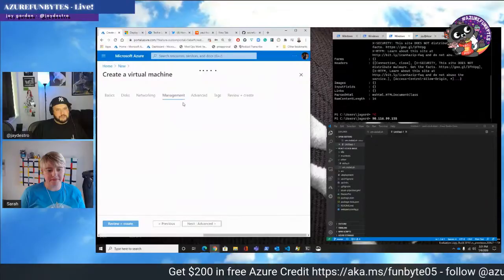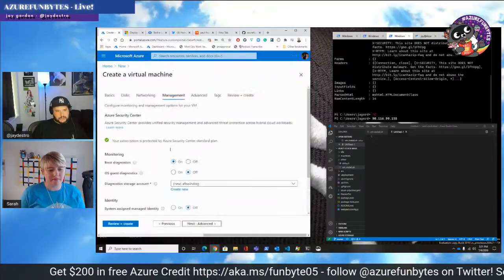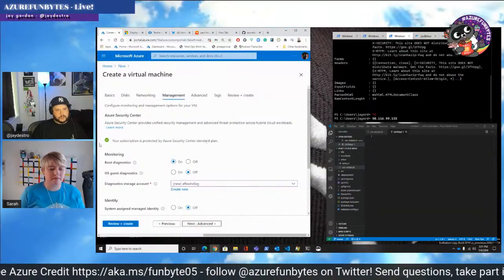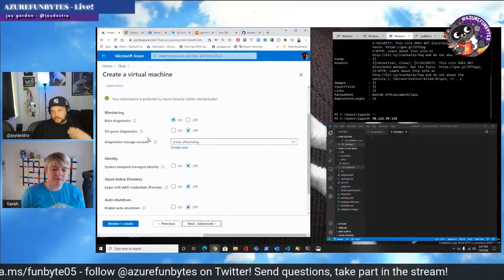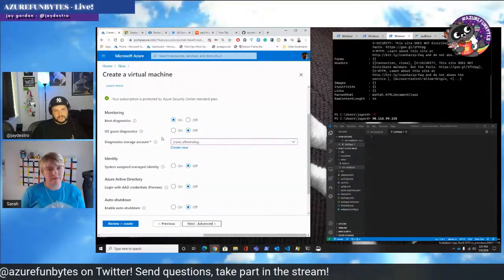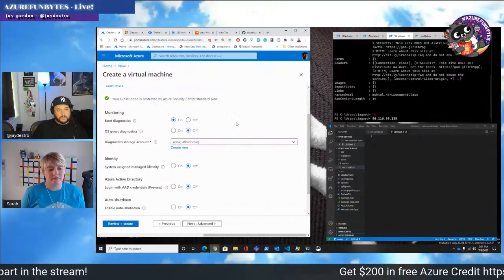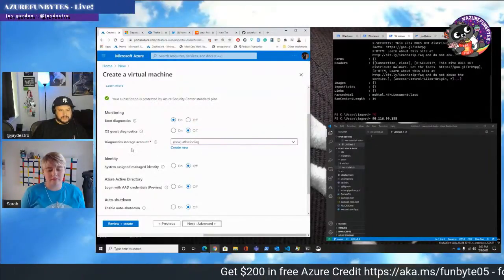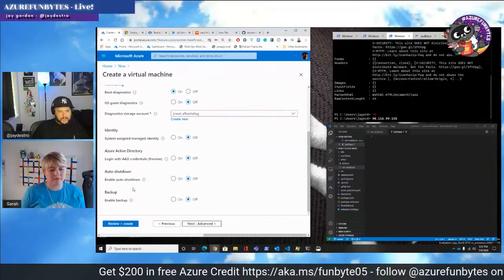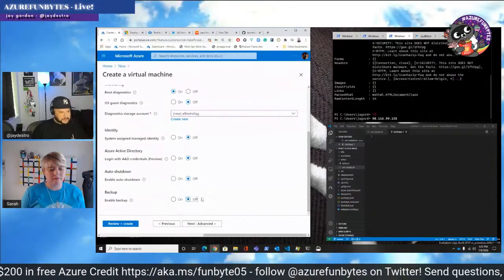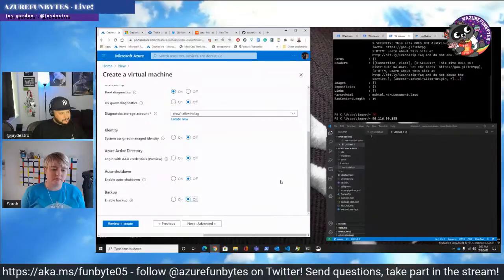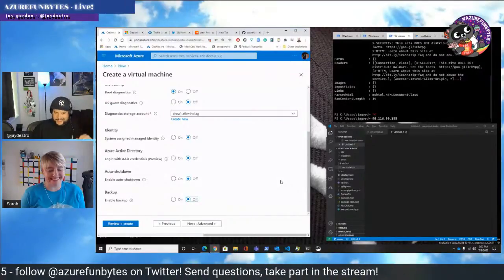Yeah. Management, this is all really useful stuff. Like I said, we're using Azure Security Center. That's giving us a bunch of security policies by default that's been set by our domain administrator. We can leave on our boot diagnostics. But one thing I am going to do, I don't want to turn backups on. We don't need backups. Why? Because it's a demo. Thank you. See,